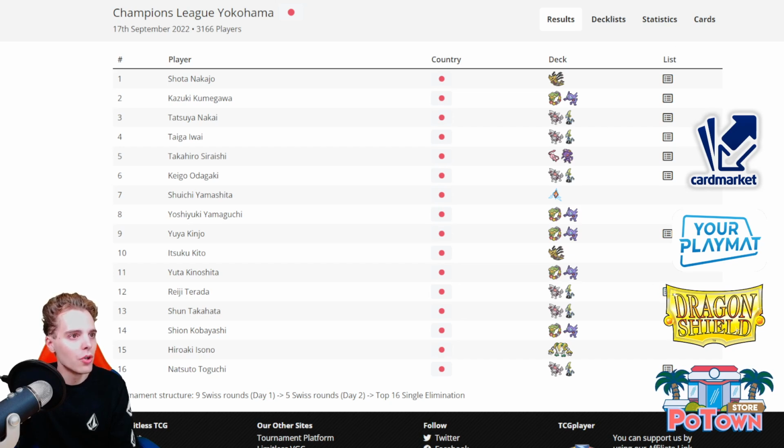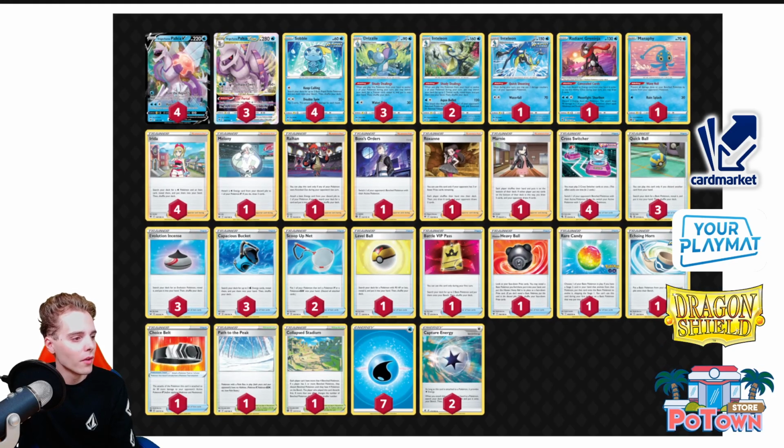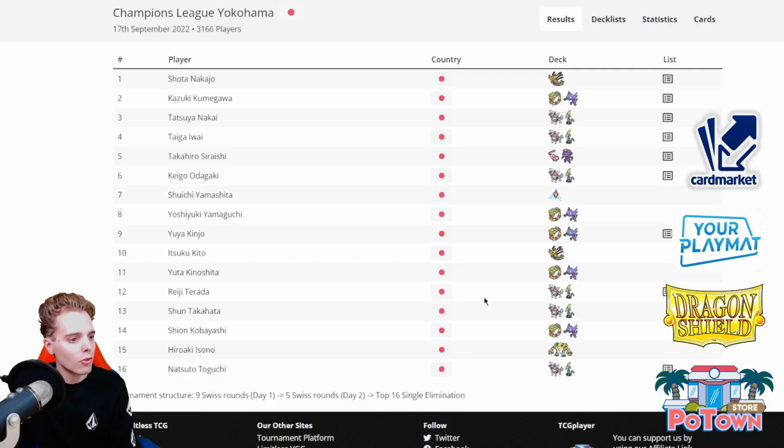So we do see just a huge amount of Palkia still being around, and that's just a classic build here. This list is playing Collapse Stadium instead though, which could be helping out to discard a Palkia with damage on. And personally, if all these lists are not running Empoleon, it seems like Empoleon is not a big deal over